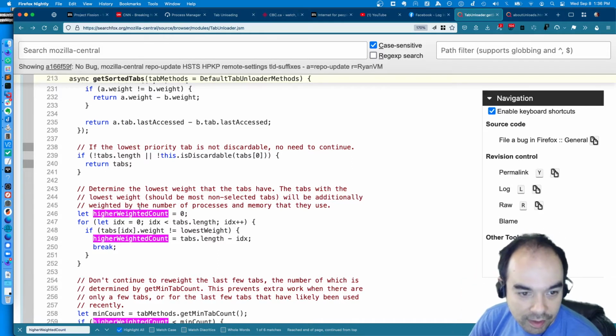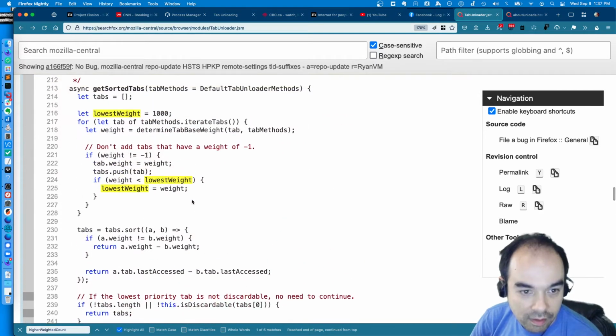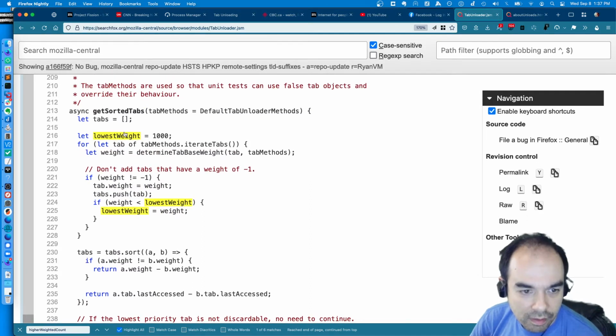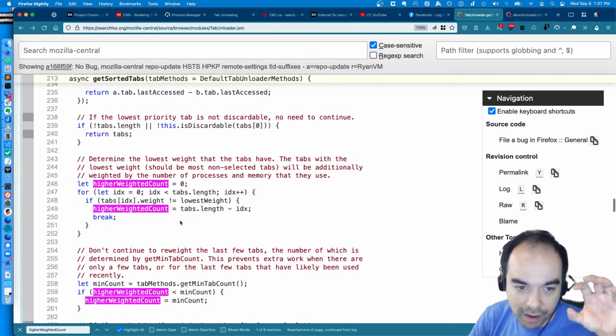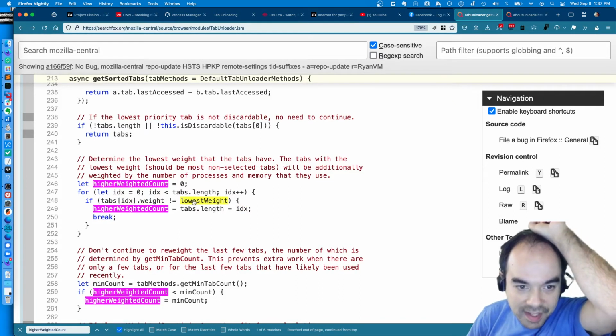So the higher weighted count starts at 0, and then for each tab we look at the weight, and if it's not the lowest weight, I see. So we try and find the lowest weight. We have the lowest weight stored. And for any tab that doesn't have the lowest weight,